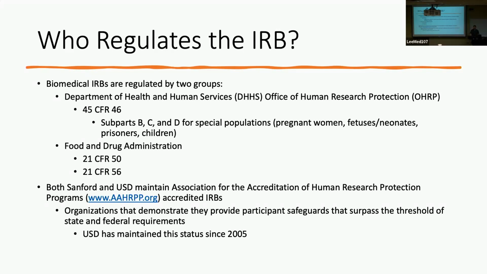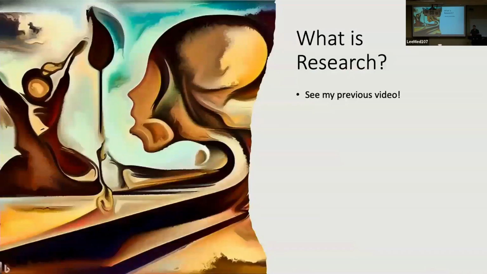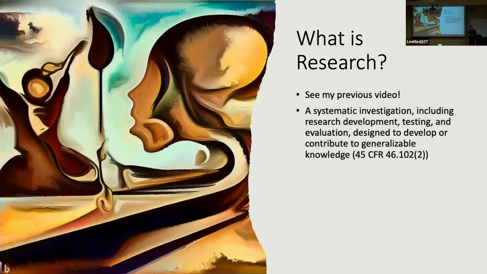So what is research? That's the first question that we have to ask to determine whether you even have to interact with the IRB. And I would direct you to the previous video that I did that I think just had this title, what is research? And it'll go into a whole lot of detail about different types of research. But if we don't want to do that, again, simple codified definition is a systematic investigation including research, development, testing, and evaluation that's designed to develop or contribute to generalizable knowledge. If you are doing that, you are engaging in research, and it's something that the IRB may have to approve,